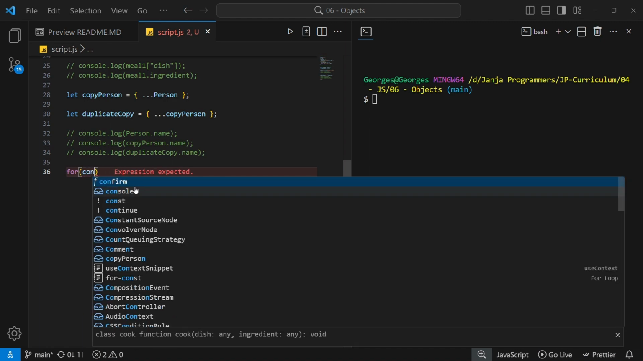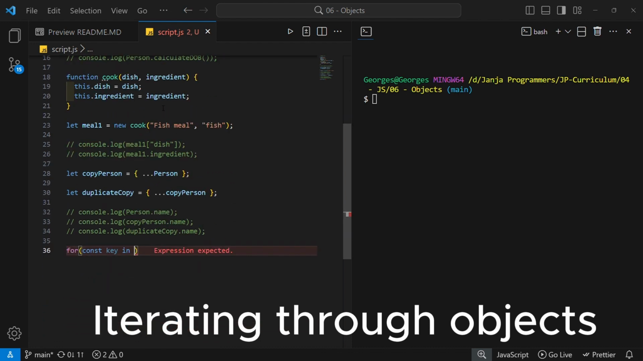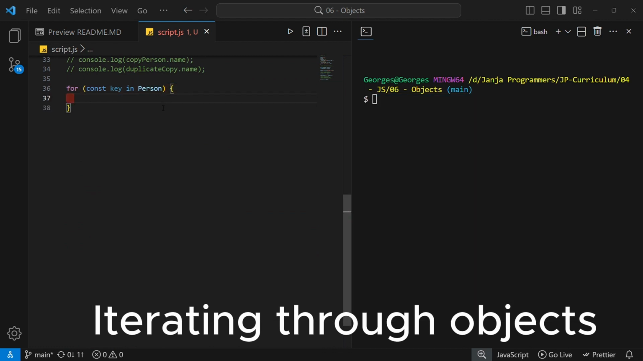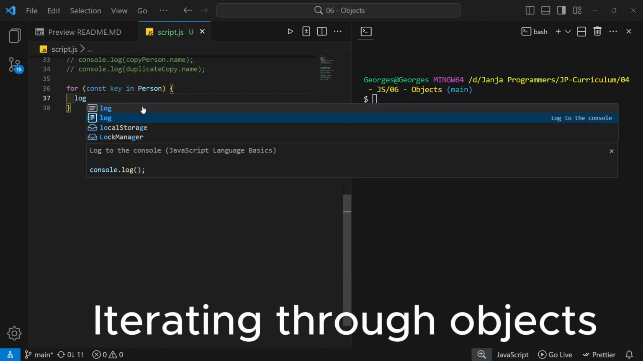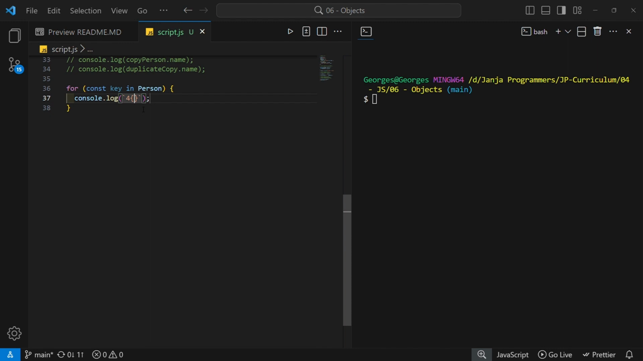So we're going to say for, then you say const key in the object name. Here we have person as our object name, so in person, all we are going to do right now, we're just going to log to the console. Let's use the template literals and pass in the key. Okay, pass in the key, and here we pass in the person,